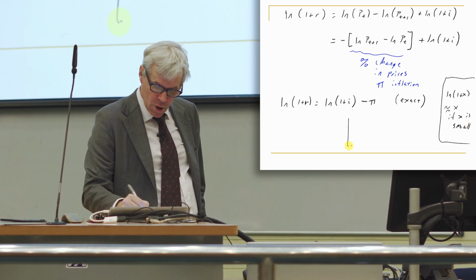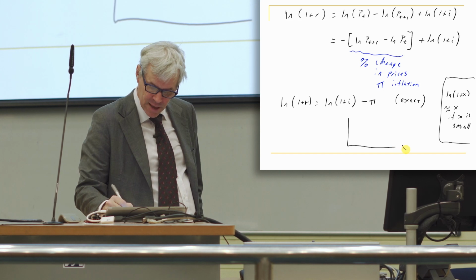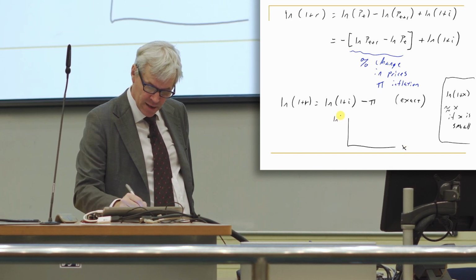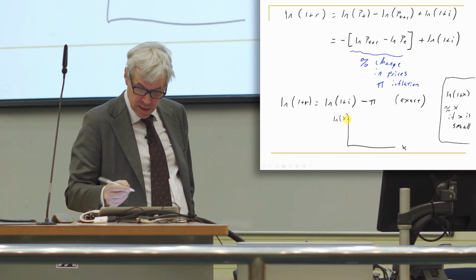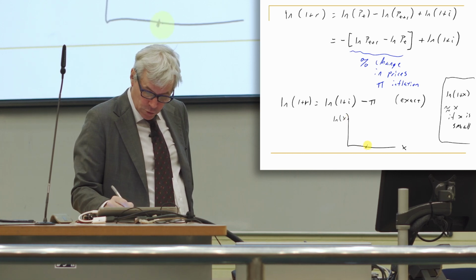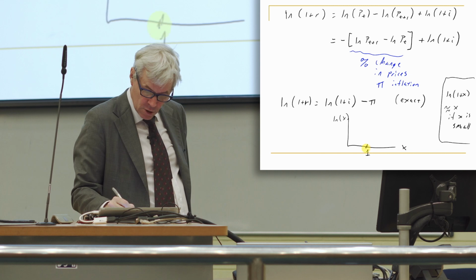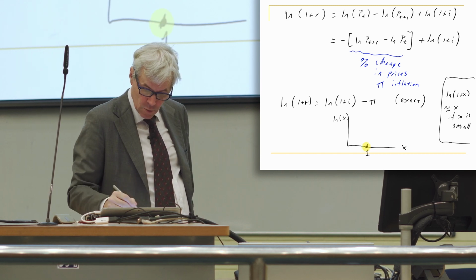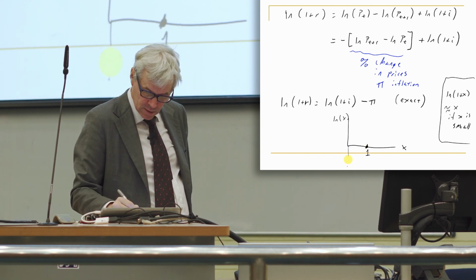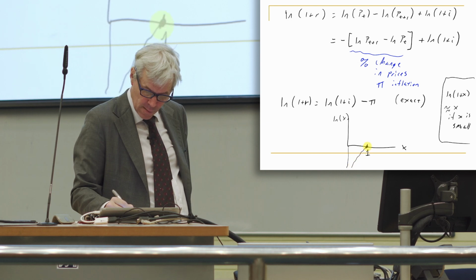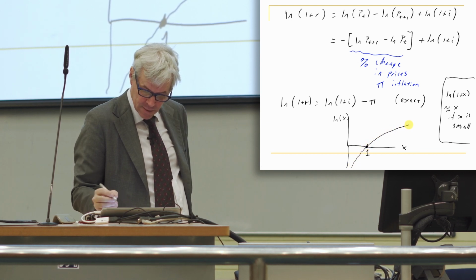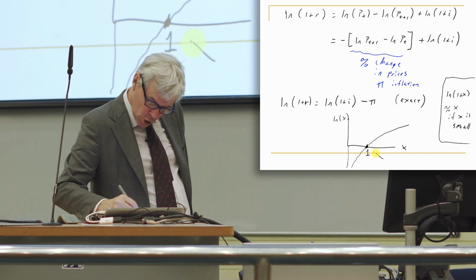So the natural logarithm, if we have x here, we have ln x here. If x is equal to 1, it's 0, like so, and it looks like it's negative here, and like that. And the slope at this point